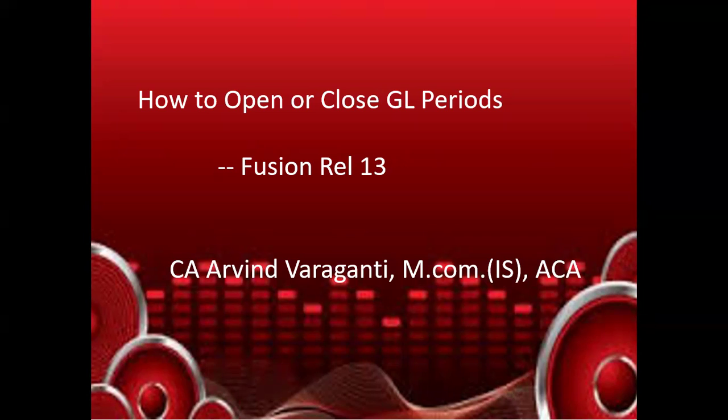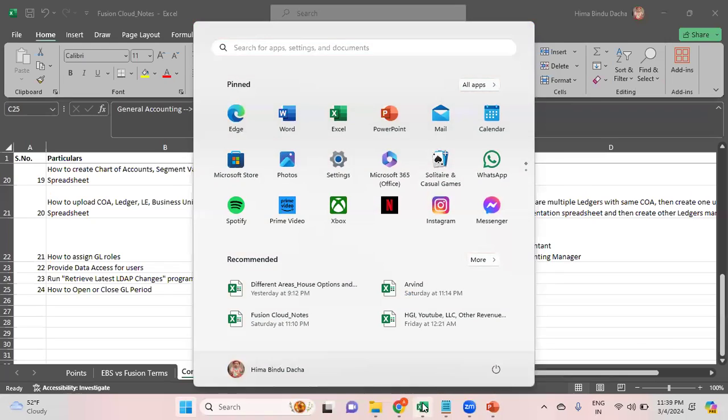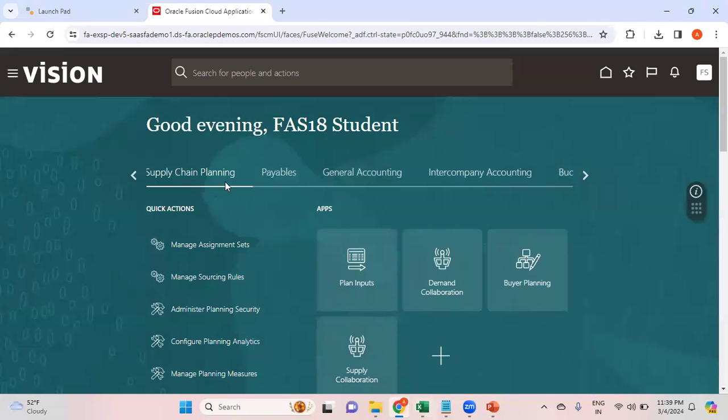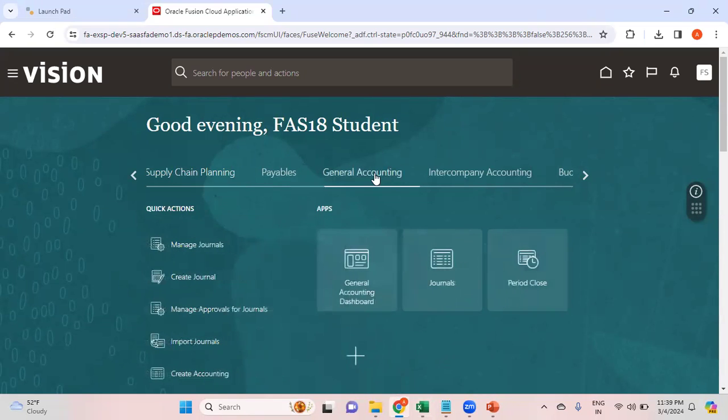In today's video, I'll be showing you how to open or close a GL period. So let's get into the Fusion environment. So how to open or close GL period. This is the navigation: general accounting, period close. So go for general accounting, go to period close,